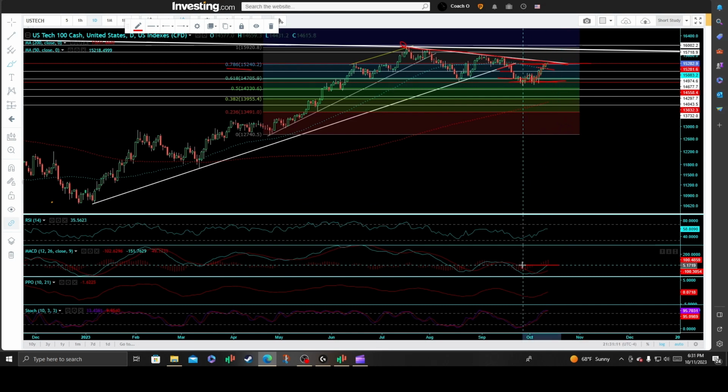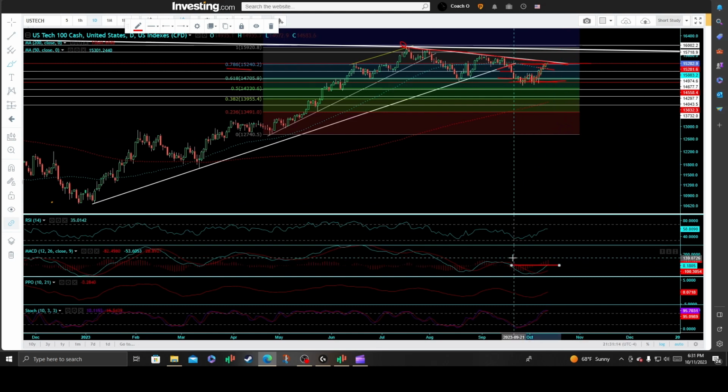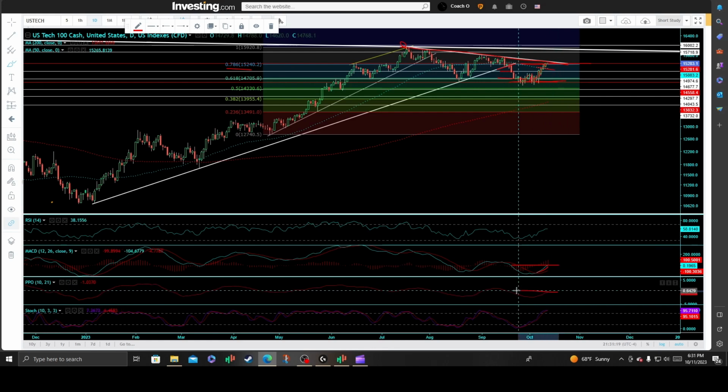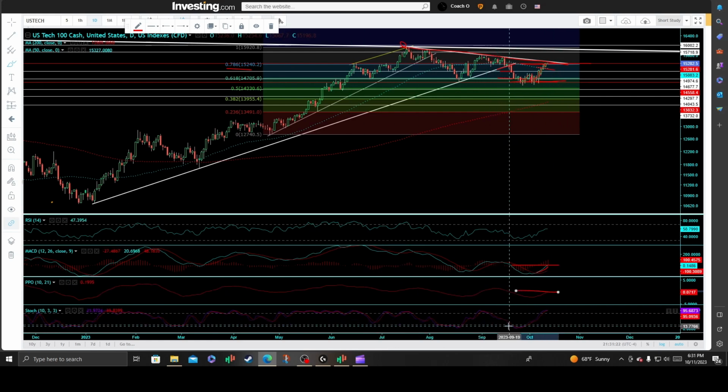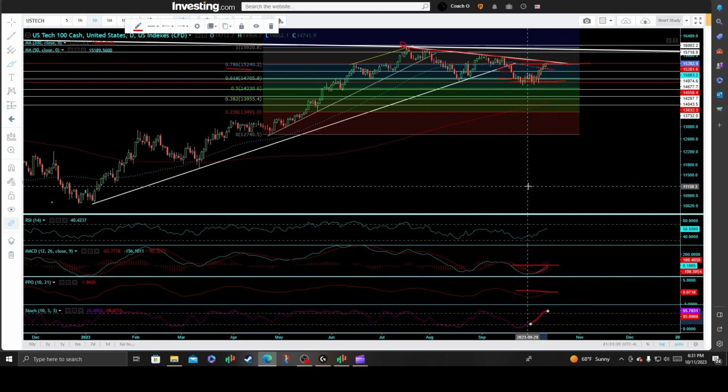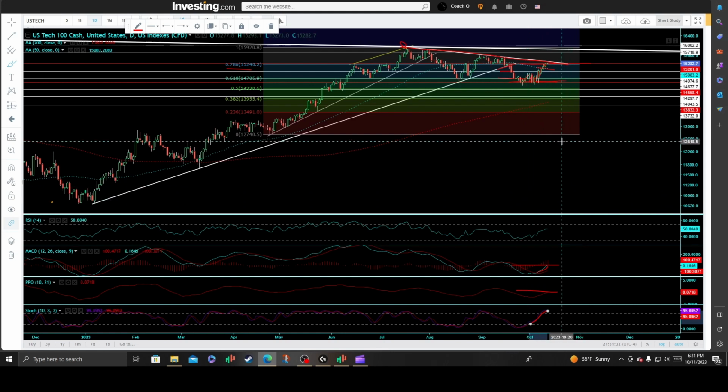moving average convergences retesting the zero line threshold as of now off of a bullish crossover. And then ultimately the oscillator testing its zero line threshold as well. We have the stochastics 1033 technical momentum indicator churning above the 85 threshold. So very prominent bullish sign there on the stochastics 1033, whereas bull traders, long traders, they want to see tomorrow,